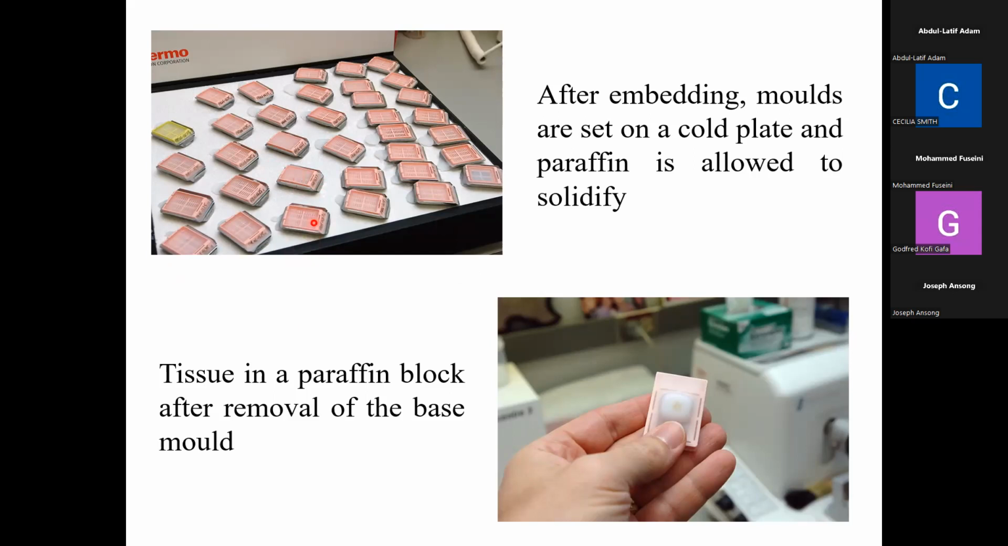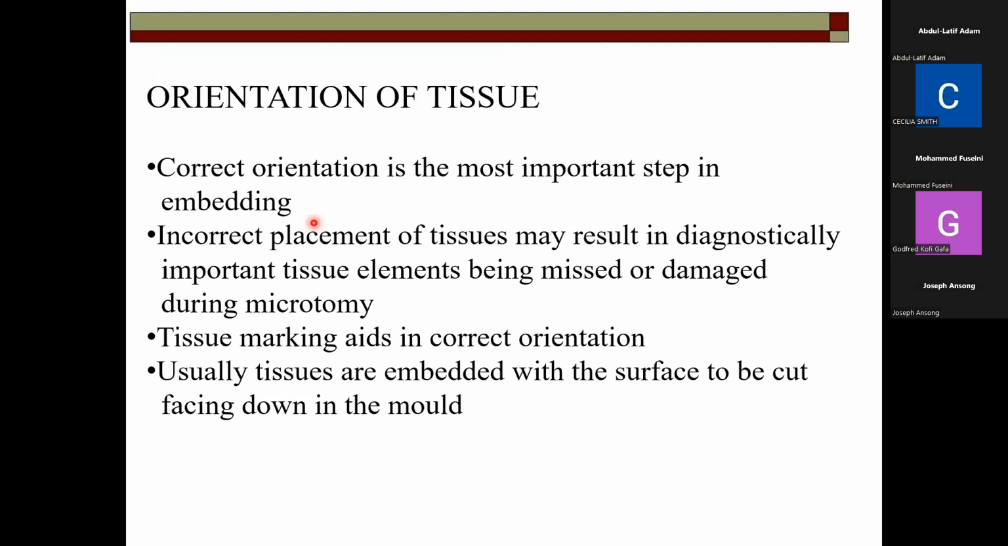Okay, and other things that you consider during embedding is orientation of the tissue. Very, very important. Orientation of the tissue. So apart from getting your embedding center, getting your hot plate, your cold plate, is the orientation of the tissue. Very, very important. If you don't orient the tissue well, you cut the tissue in a